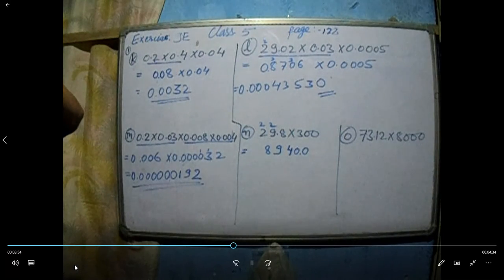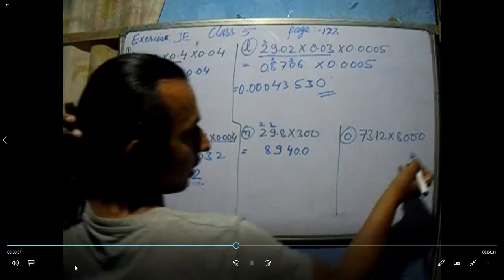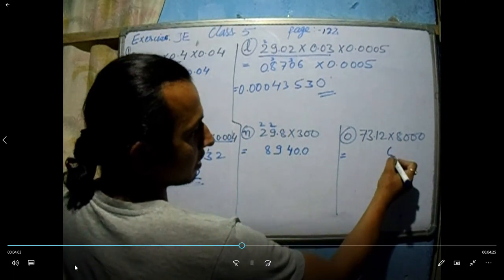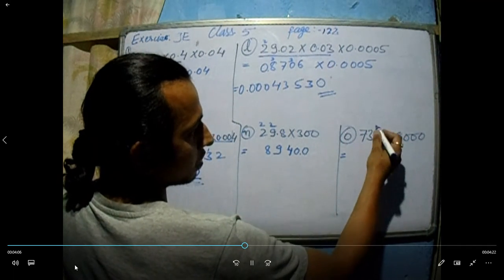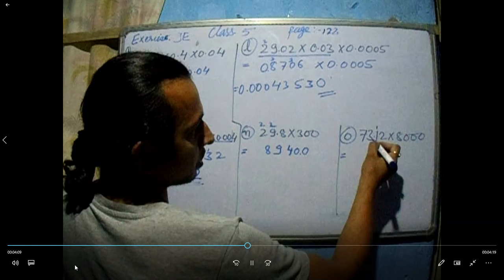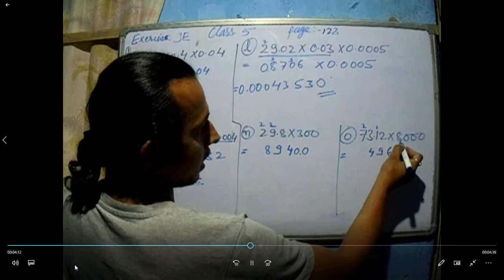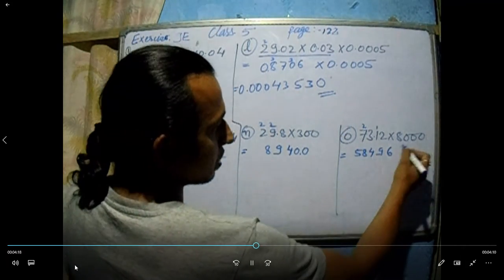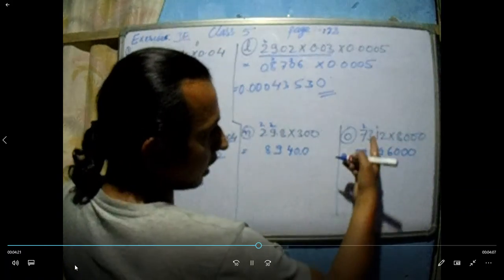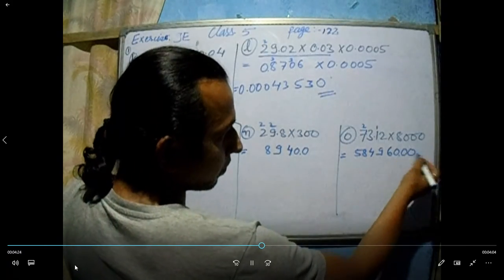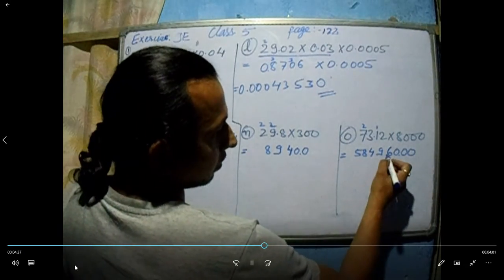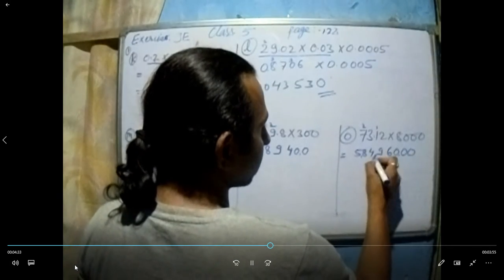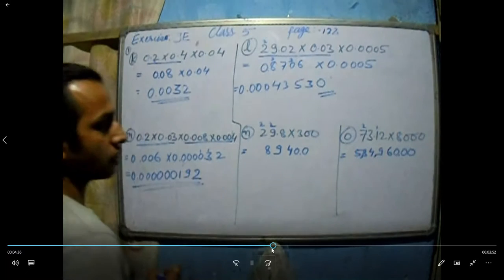Now, we are moving towards the next one. Here again, same thing you need to do. Okay. First start with the digit. Okay. 8, 2 is 16. Carry 1. 8, 1 is 8 plus 1 is 9. Nothing carry. 8, 3 is 24. Carry 2. 8, 7 is 56. 56 plus 2 is 58. Now, how many zeros are there? Put those zeros. Then, after decimal 2, here from back 2 place. So, your answer is 5,84,960. So this is decimal, this is comma. Okay. Now this is the answer.